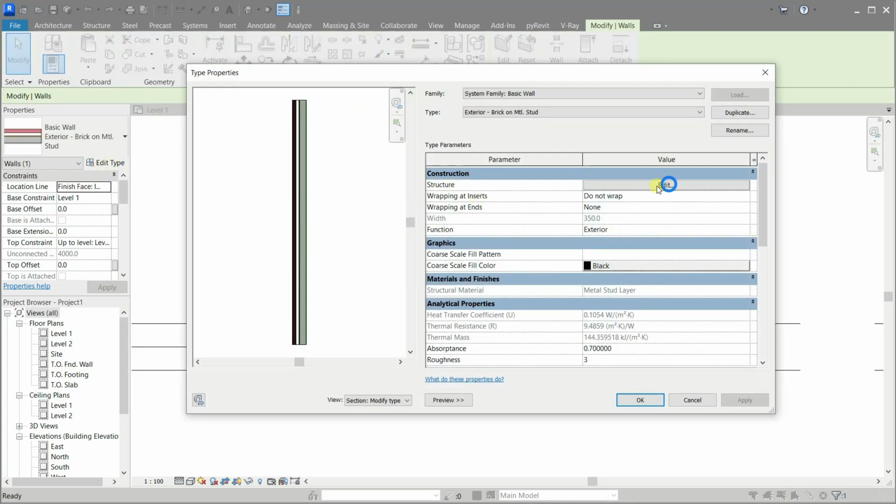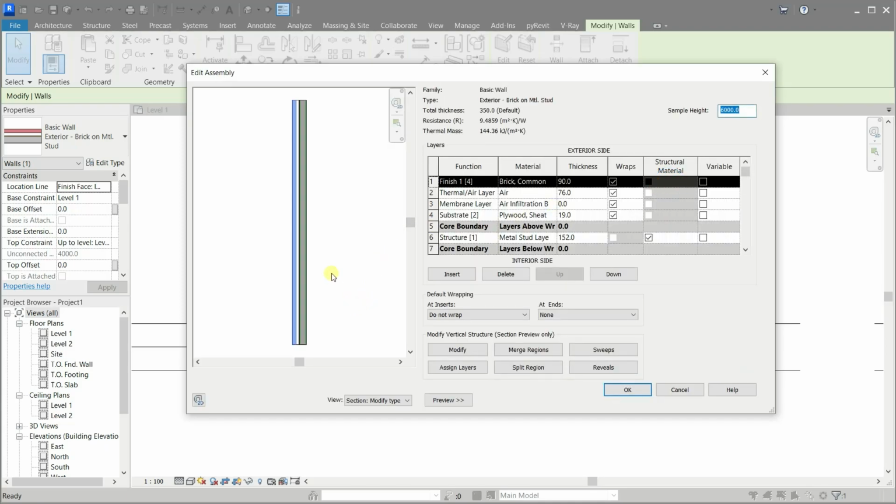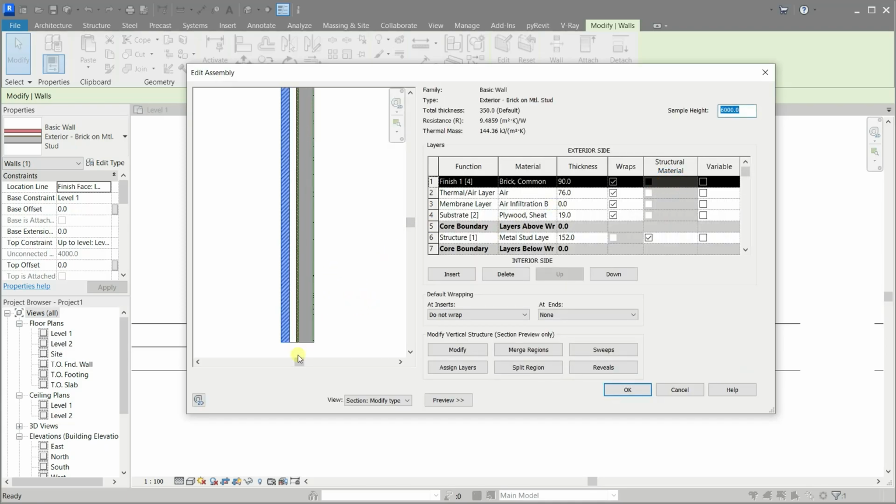Now let's go back to the wall and edit it again. This time look the padlocks again.